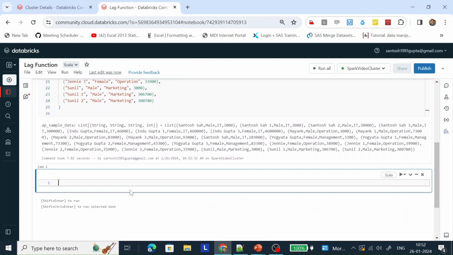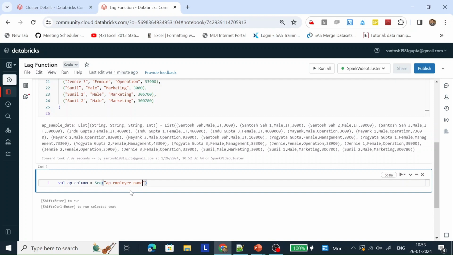Now let me create a variable which will store the names of the columns, in sequence. What are the names of the columns?